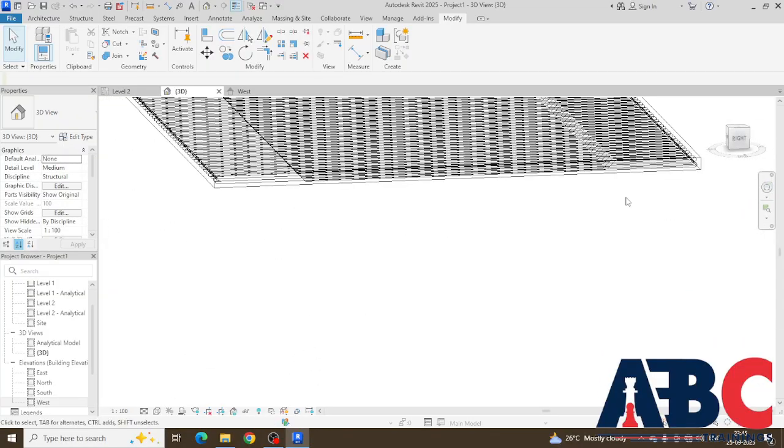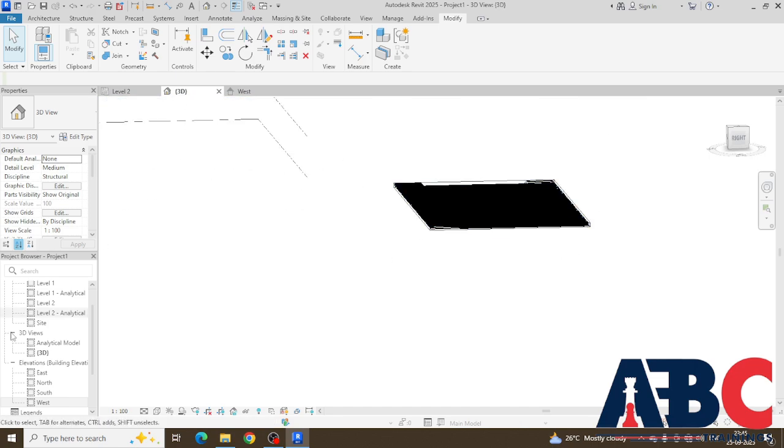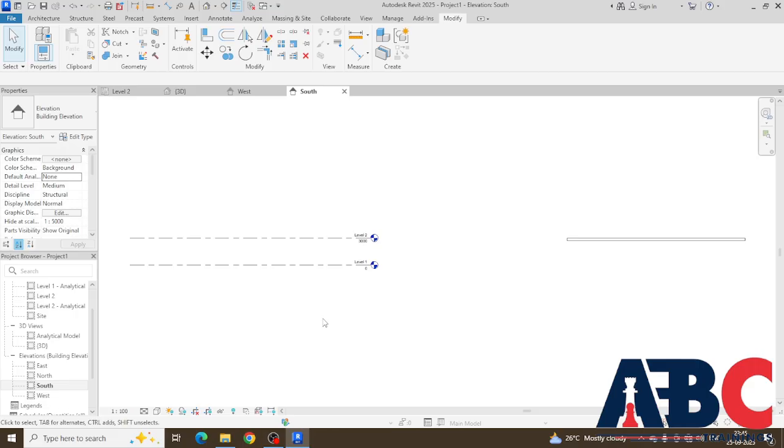The crank bar is bent here as well as here. Just like that, you have to place the same reinforcement